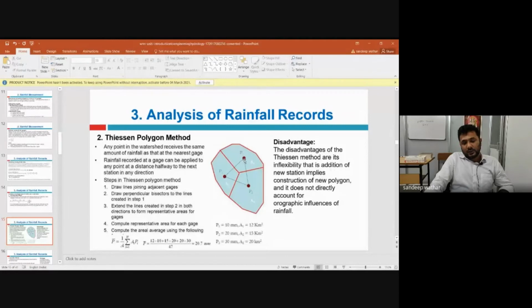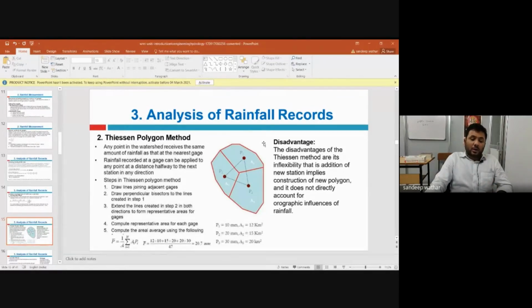Okay, this rain gauge. Similarly, I'll calculate the area which will be influenced by second rain gauge station. This is the area which is influenced by third rain gauge station. Okay. This is basically an assumption. We cannot surely say that the records that are taken from this rain gauge station will not influence this entire area. But this is our assumption that we are doing. But how this assumption is done, I'll explain it to you.